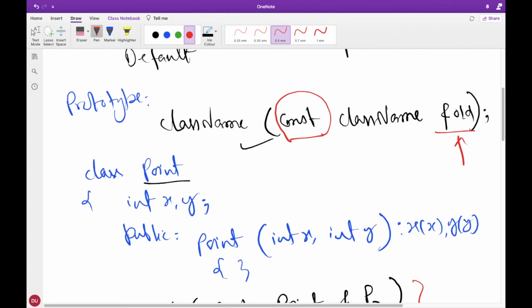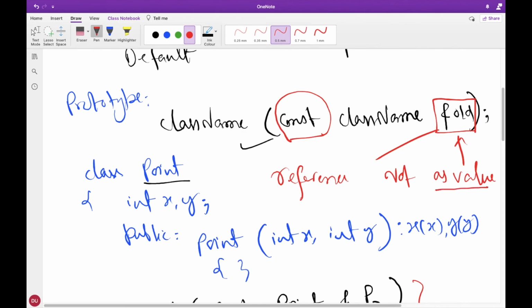Second thing, this question is for you. Please do some research and try to answer in comments why we are passing this thing as reference and not as value. You can also pass this thing as copy by value, but we are not going to do that. We have to pass this thing as a reference always. If you pass it as value, there will be some serious problems with this code. Okay, so just try to research and write your answer in the comment why this is needed.